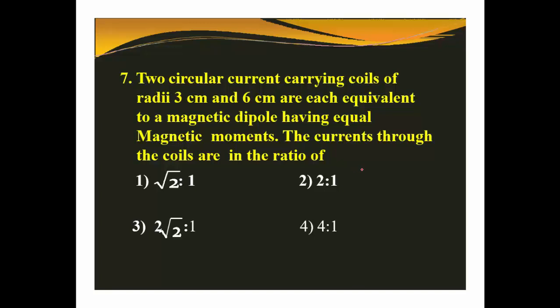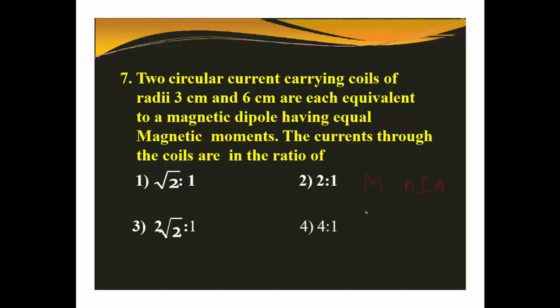So here we know that any circular coil is acting like a dipole, because for any circular coil, one face is clockwise, the other face is anti-clockwise. The face which is clockwise becomes the south pole, and the face which is anti-clockwise becomes the north pole. That's why any circular coil is having two poles, south and north, so it is considered as a dipole. Okay, with this knowledge, we go for the magnetic moment of a dipole. Magnetic moment of a dipole is NIA: number of turns, current and area.